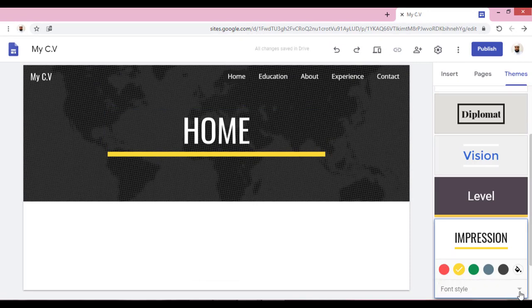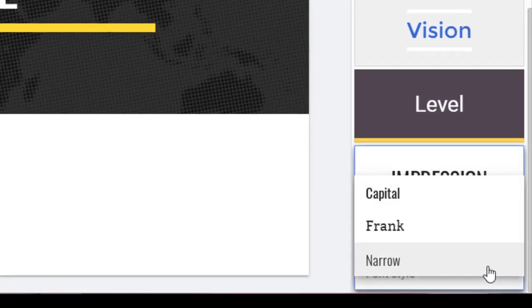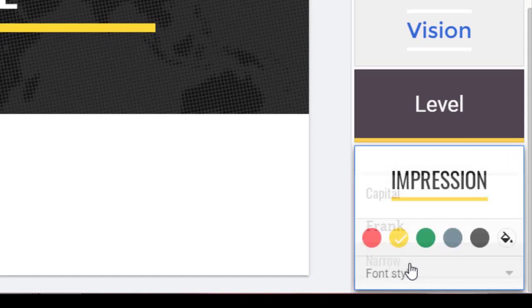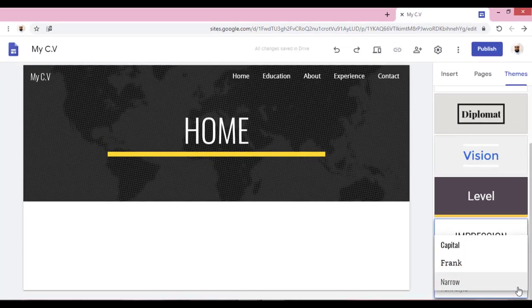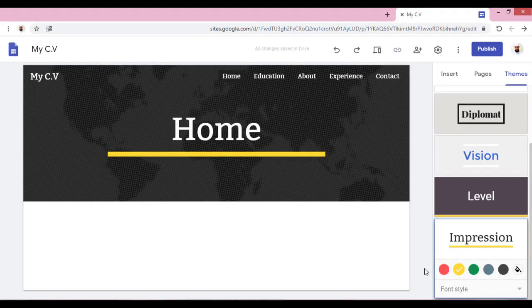Also we can change the font. I can select Narrow, so the whole website will take Narrow, and also we have Frank. So now we are going to use Frank as an option, and also we have some decoration lines. It is highlighted for the yellow.